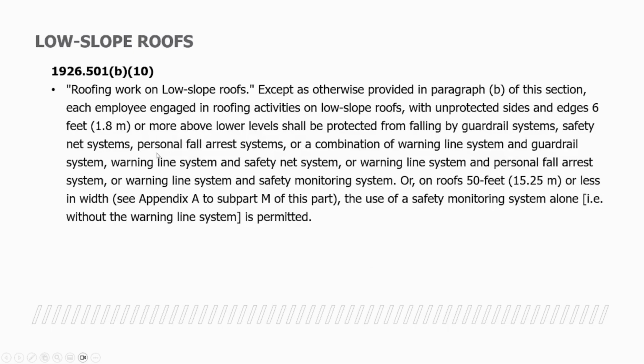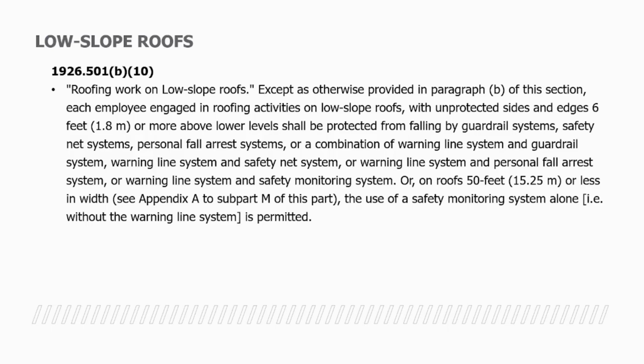Low slope roofs, 1926.501(b)(10) within the construction standard. Roofing work on low slope roofs, except as otherwise provided in paragraph (b) of this section, each employee engaged in roofing activities on low slope roofs with unprotected sides and edges 6 feet or more above the lower levels shall be protected from falling by either guardrails, safety nets, personal fall arrest systems, or a combination of a warning line and a guardrail system,